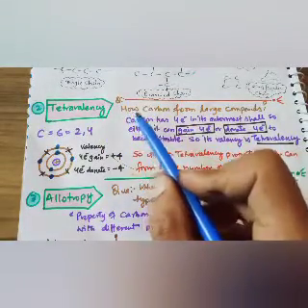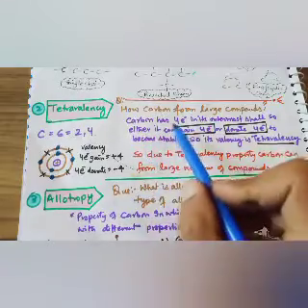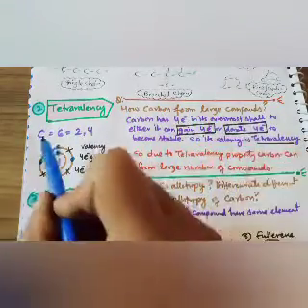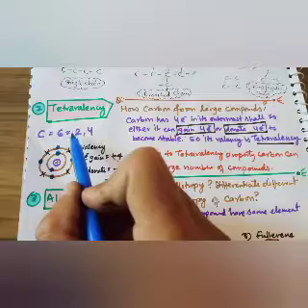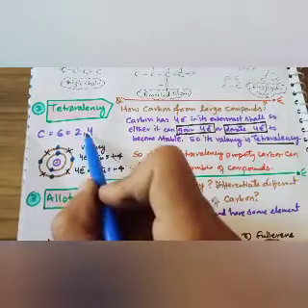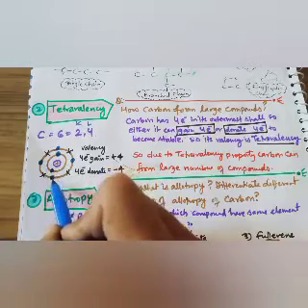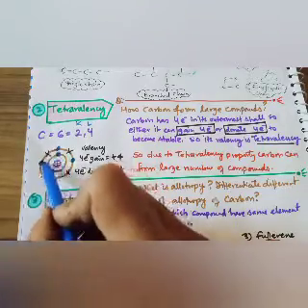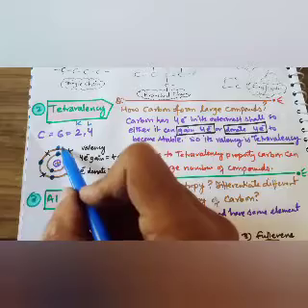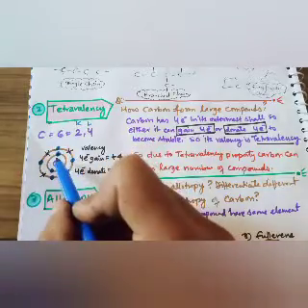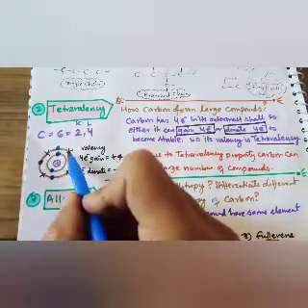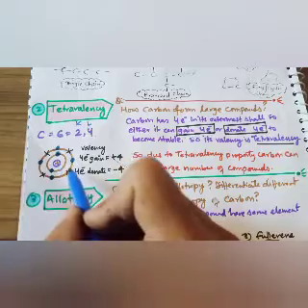Carbon has 4 electrons in its outermost shell, as carbon has 6 electrons in total, in which 2 are in K and 4 are in L. If we talk about the structure of carbon, there is the nucleus, 2 in K and 4 in L. Now you know very well that in the outermost shell there should be a total of 8 electrons filled. This is the octet rule, dear students. If you don't know, in future classes you will come to know.